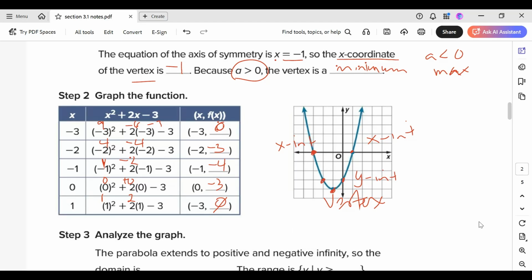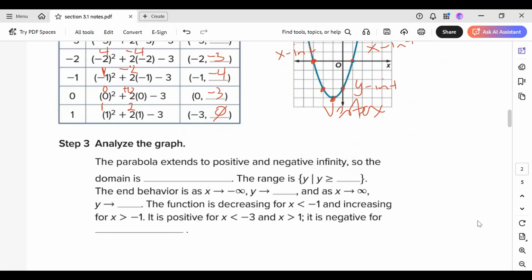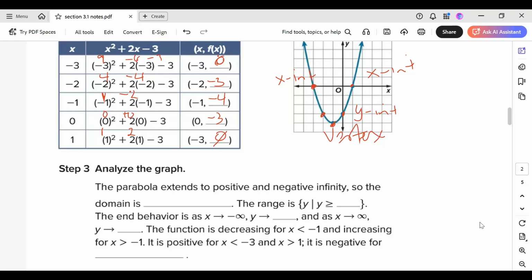So when we go to analyze our graph, the parabola extends to positive and negative infinity. So the domain, notice that what it means by that is that my graph is going, the x's are going to the left,